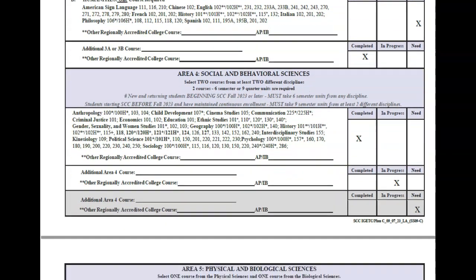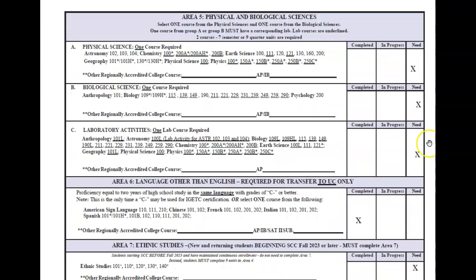And then down the second page, they're still needing to do a physical science, a biological science, a lab, and area 7, which is ethnic studies. Okay, so for this particular student,